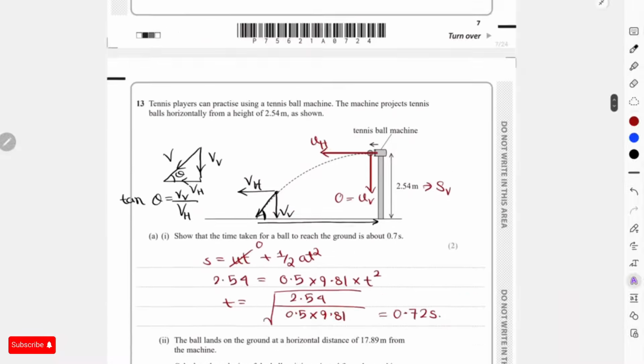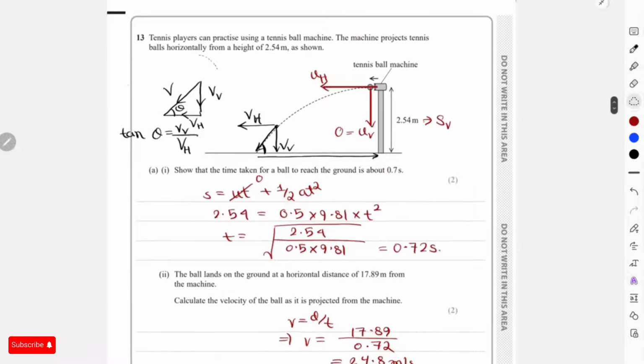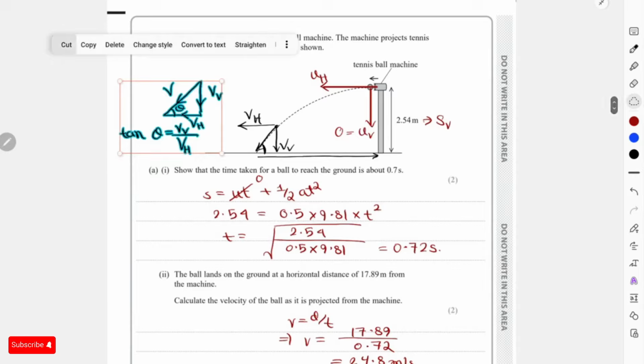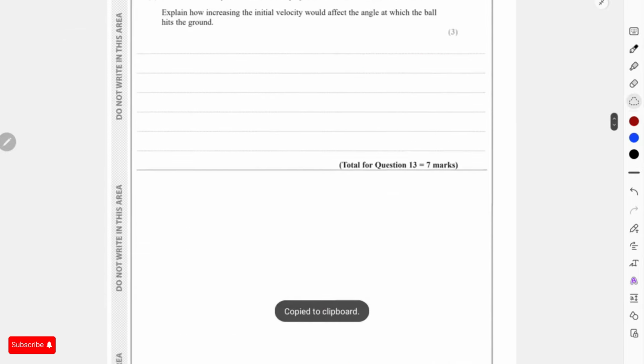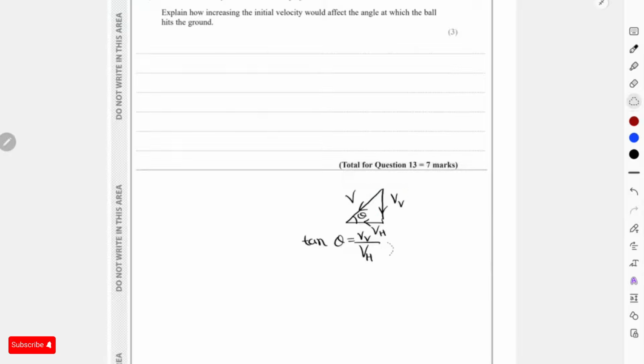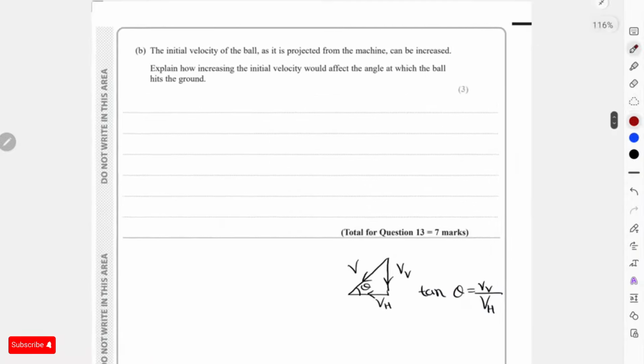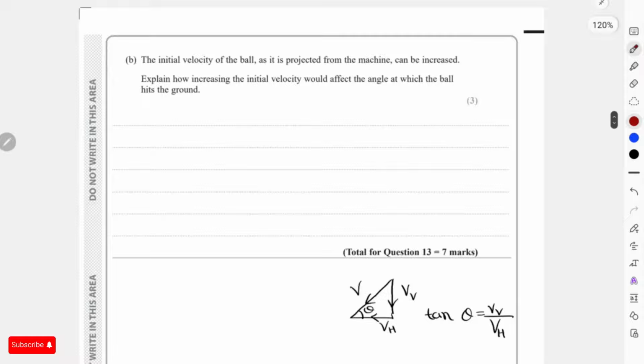So for your answer to this part B, I'll just copy this diagram and shift it to that part because it is related to part B only. No need to include the diagrams over here because they never asked for the diagram, right? I was just writing it for the better explanation. So for this part, we should write that increasing the initial velocity would cause the horizontal component of the velocity to increase, but will not affect the vertical component. So increasing